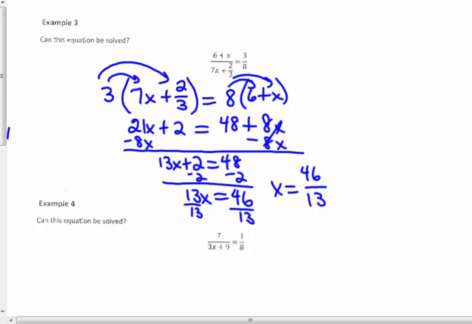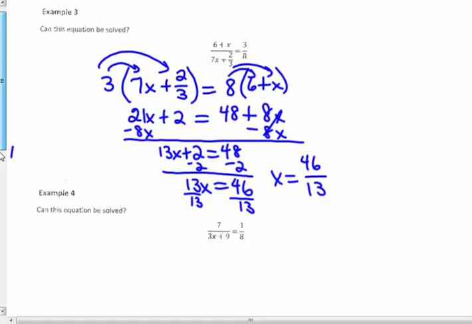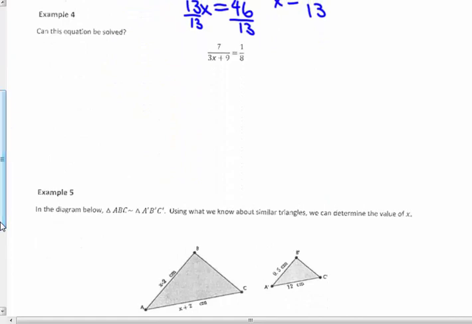Can this equation be solved? If it's a linear equation, the answer is yes. And using my cross products, the product of the means, 3x plus 9 times 1. Well, that's kind of silly. 3x plus 9 times that 1. That 1 I'm going to put out in front. I could put it back here and then distribute this way. I just don't like putting it at the end. So, yes, I'm going to put it out front times my binomial